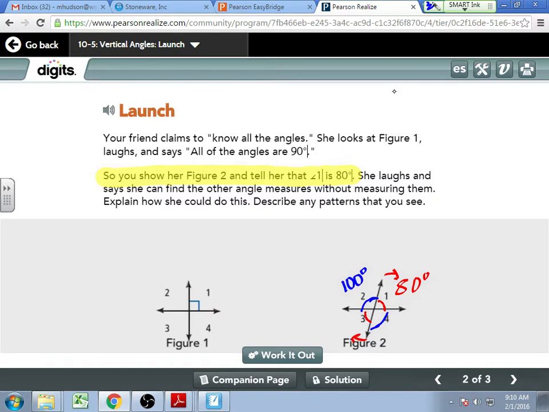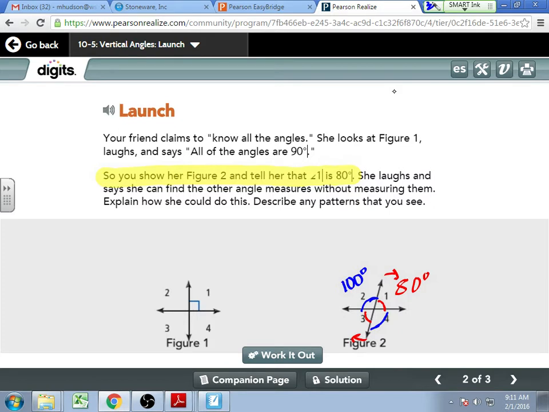80 lost 10 degrees. I agree. Angle 2 gained 10 degrees. But before we start talking about what gains and what gives, what relationship do 1 and 2 have? No matter what happens to this line, no matter what I do to it, angles 1 and angle 2 have to be, Isaiah. Not 1 and 2. 1 and 2 are right beside each other. They're adjacent, but more than that,